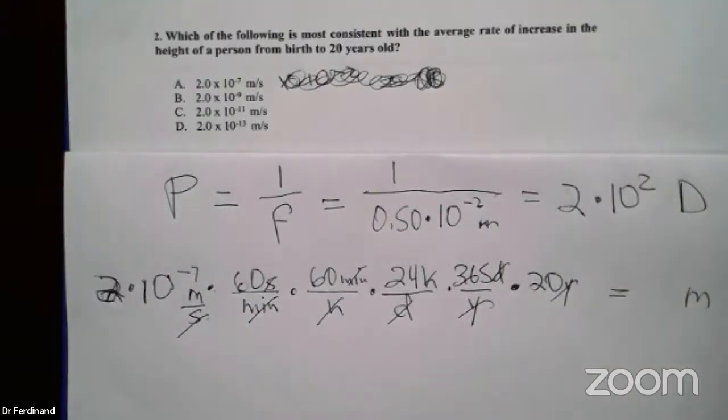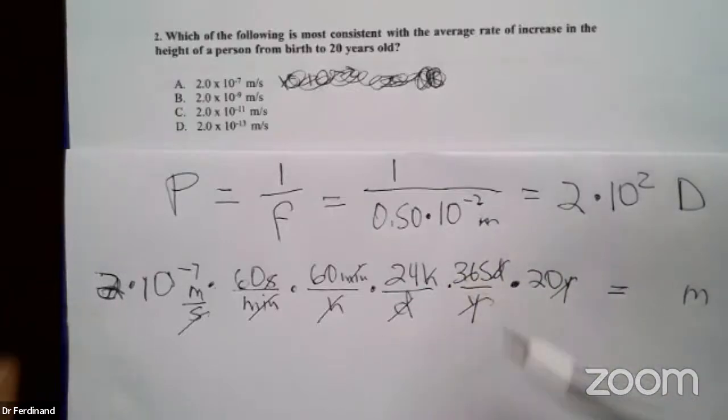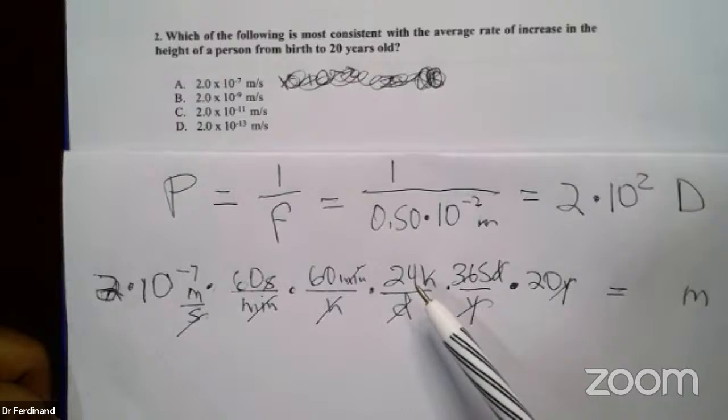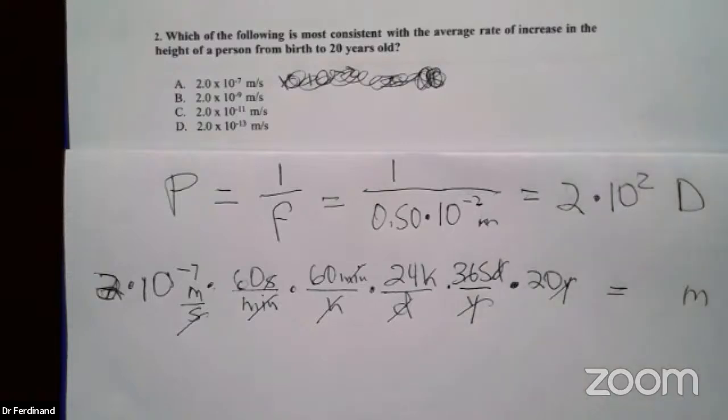Okay, so let's have a look at this and see how easily it can be done. This calculation can easily be done in less than 30 seconds. It starts with assessing how close the answer choices are, and therefore what estimates I can make. Doing a calculation of 24 times 365 is going to take you a little bit of time, and you'll be wasting that time trying to be precise, but the answer choices are not precise. So there's no need to do that.